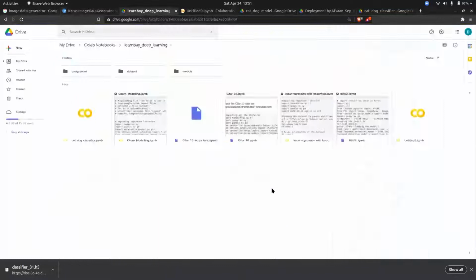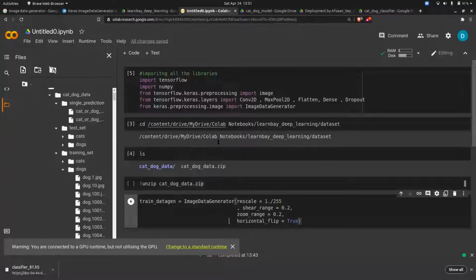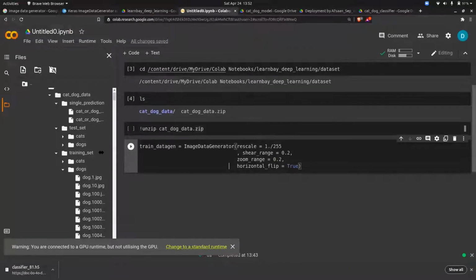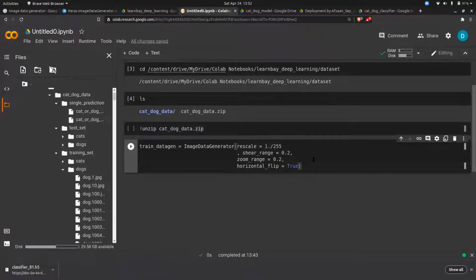Any doubts here? So why do we do this? We do this so that our model sees variations of a particular image, so the model is robust. Not only seeing only the one image, it is robust to everything now. So that's why I'm doing this. So this is clear to everyone? Yes.